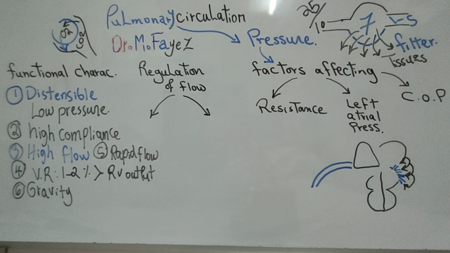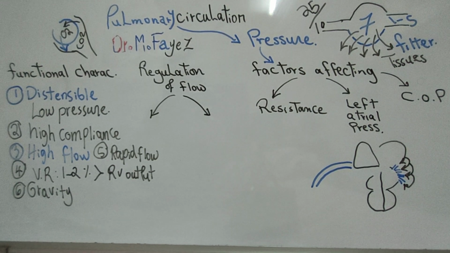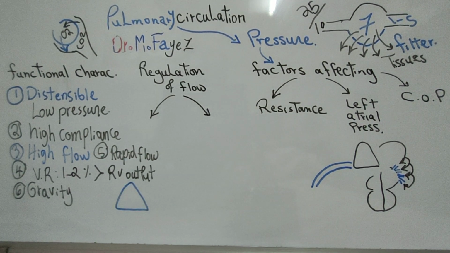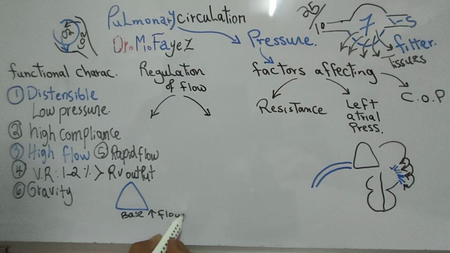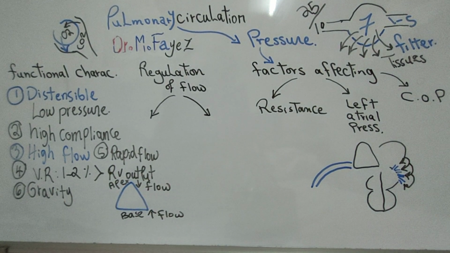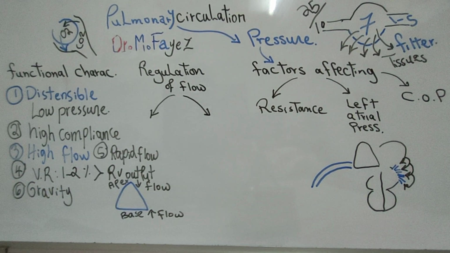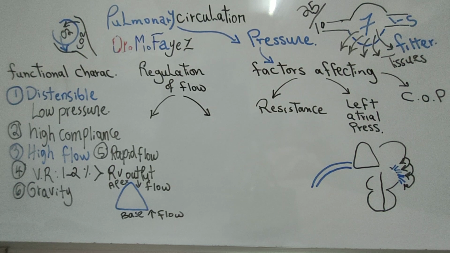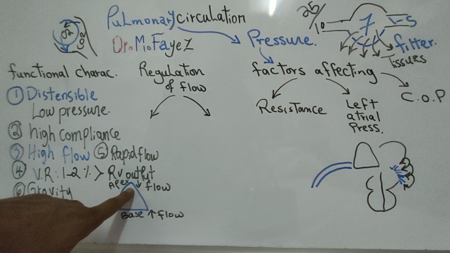But all of you know that blood accumulates in the base of the lung by the effect of gravity. Suppose this triangle is the lung, so you will have here at the base high flow, and at the apex you will have less flow. And this information is so important because tuberculosis, which is one of the bacterial infections, will attack the lung at the apex, because less flow means less immunity. You don't have enough white blood cells at the apex, so you are going to be attacked at your weak